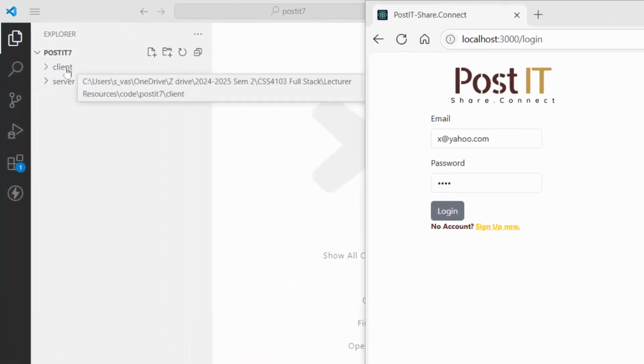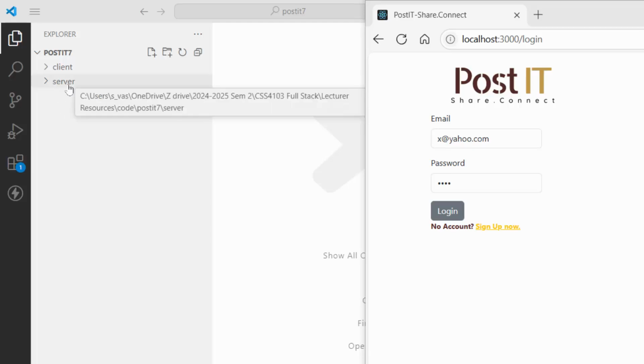One folder is the client folder, in which we will keep all the files related to the client side, and the second folder is the server folder, and in this we will keep all the files and folders linked to the files which are to be executed on the server. So if we just expand our client folder,